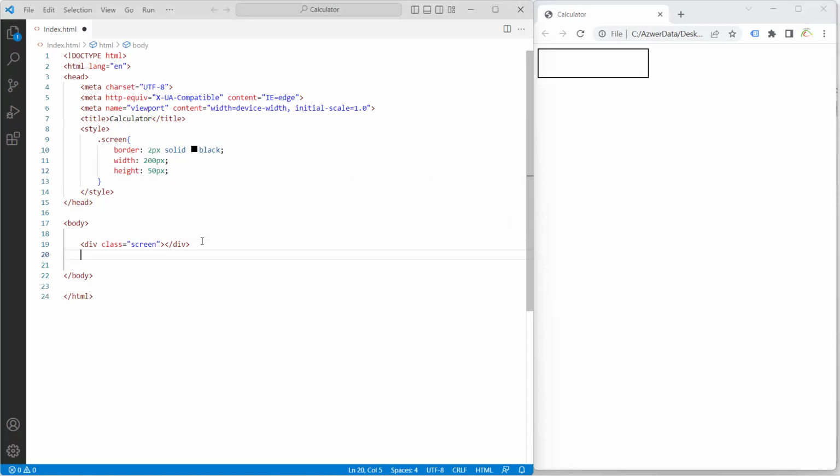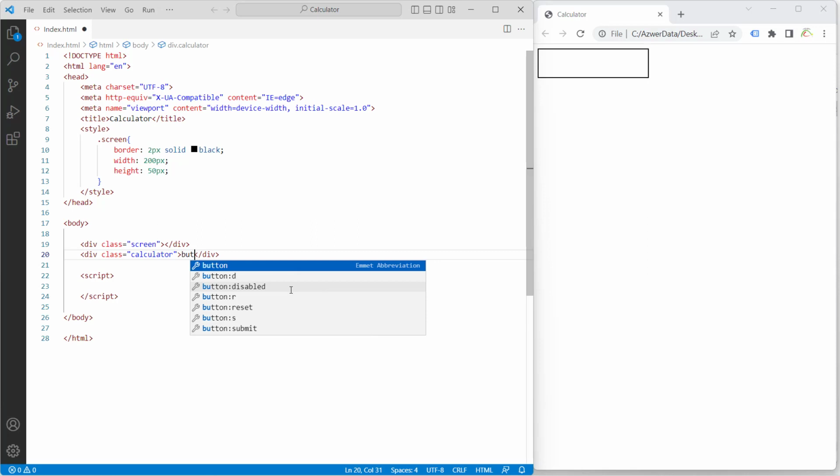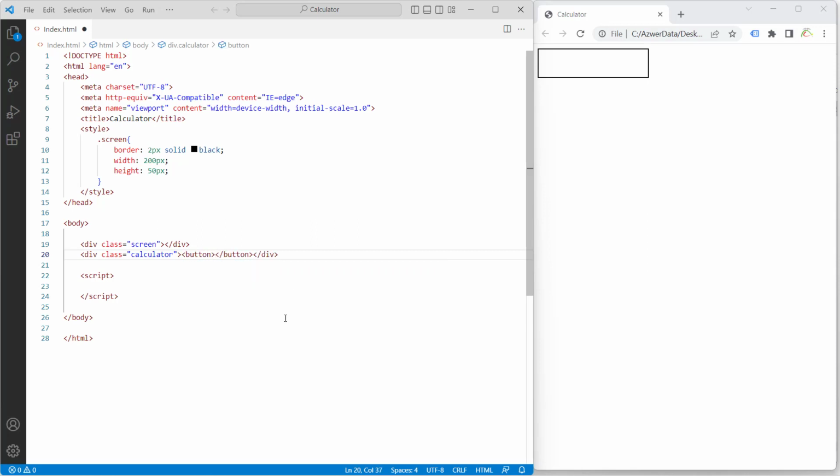I want to create another div and I will call it calculator. Tab, and we have created another div that has a class of calculator. Now this is the only HTML that you have to write. I am going to type in a script and press tab, and here I will type in my JavaScript, and I will create buttons within this element. So if I say button here and I will say something,